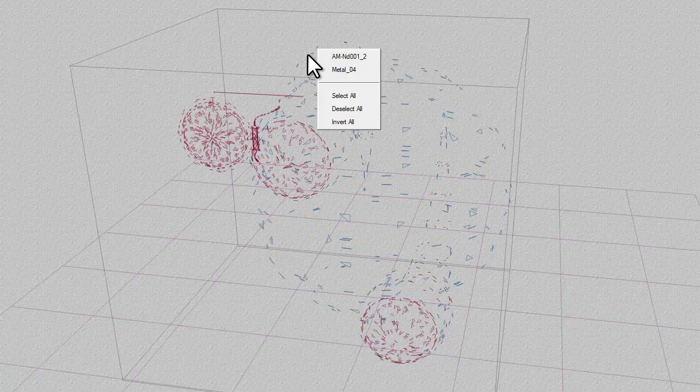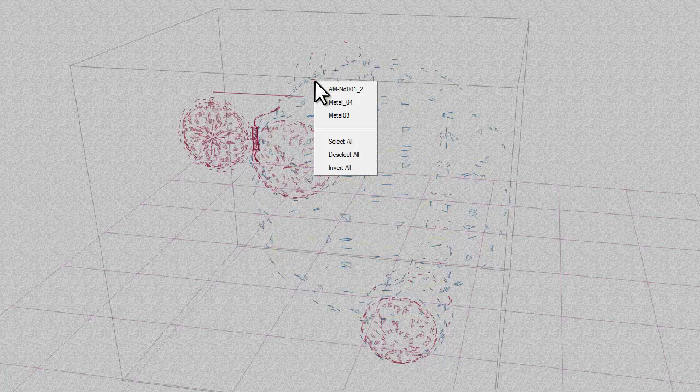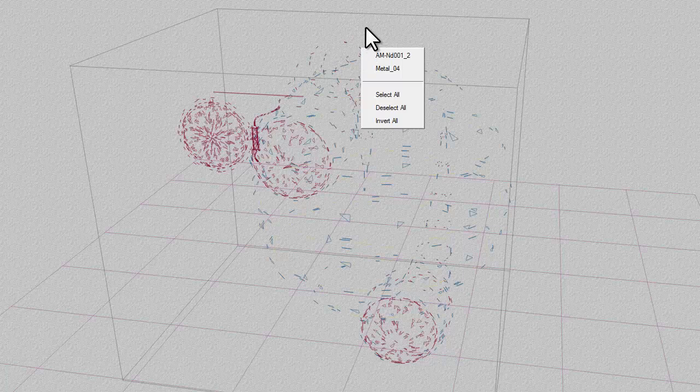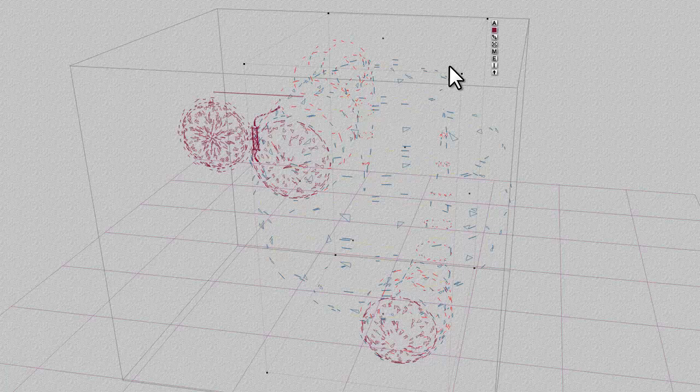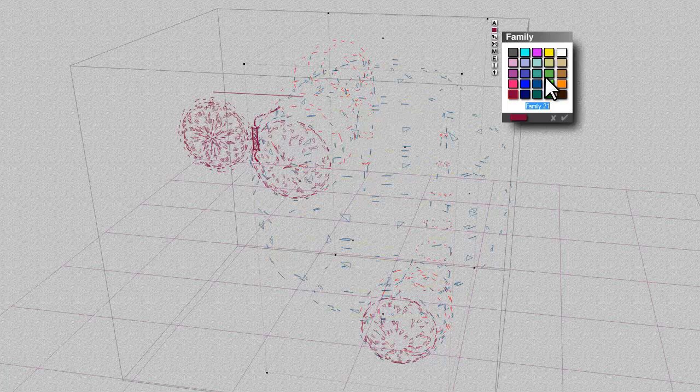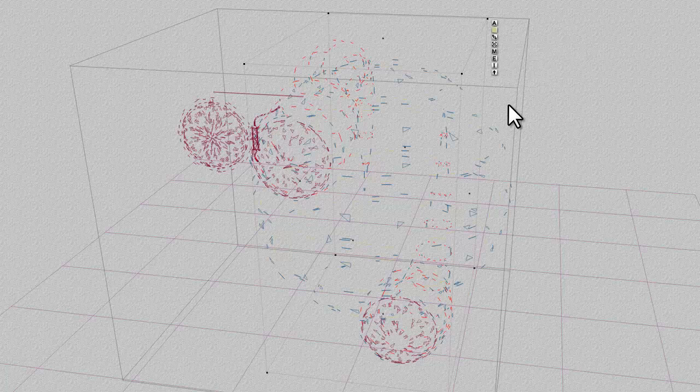I'm holding the control key down and left clicking and seeing if I can pick one of those other bands out of there. This is why I've changed the family grouping, so if I can't get it, I can always, when it's the last thing, select that family. Right, light 03, and then make sure I've changed the family grouping, so now I've done it. So lights on model,